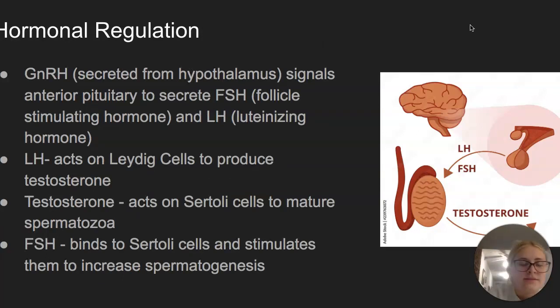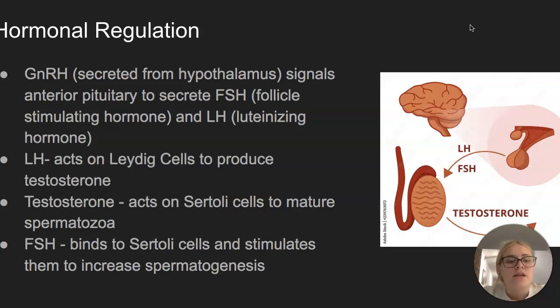So again, this is regulated through hormonal controls. So the first thing that has an impact on this process is GnRH. This hormone is secreted from the hypothalamus, and it signals the secretion of FSH, or follicle stimulating hormone, and LH, luteinizing hormone, which are both secreted from the anterior pituitary, and then these will travel through the bloodstream to reach different